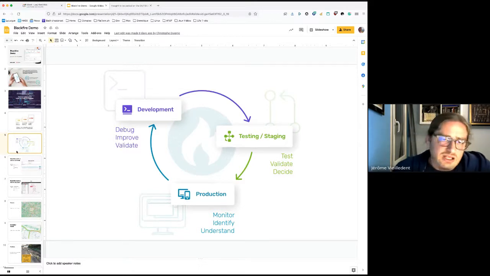staging. In development, usually you will use Blackfire, most likely the profiler, to debug, to understand your application. Imagine that you're working in an agency, you're getting a new project from another agency or from a client who worked with another agency. So you don't know anything about it. And here, Blackfire will help you understand how the application is built and how it works.